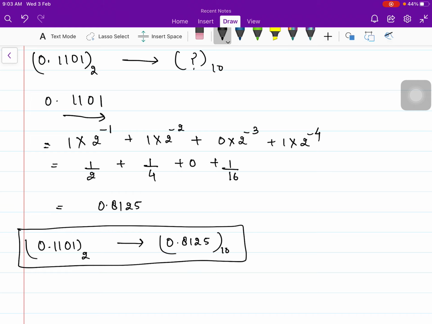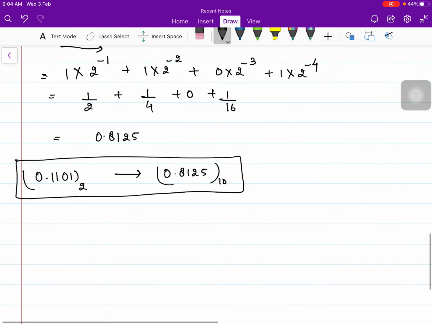I hope that you must have understood the conversions of decimal to binary and binary to decimal. Keep them in mind, and you can keep them in mind by remembering an example. So just visualize this very carefully and keep this picture in your mind. In the next number systems, you will find the base of the conversion of other number systems in these two techniques only, that is the conversion from binary to decimal and decimal to binary. Keep these two techniques in your mind and you will be able to solve many other conversions. Let us see how.